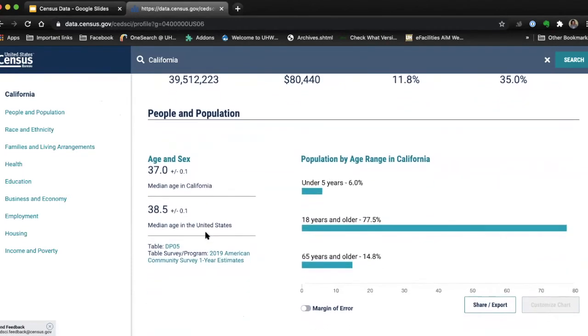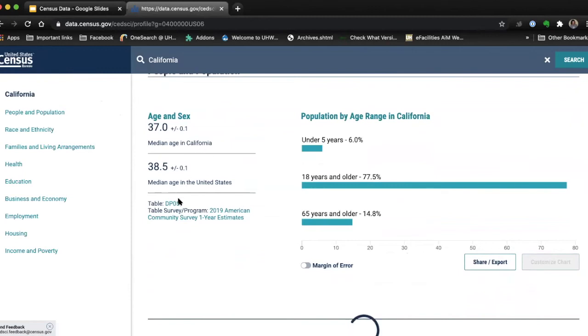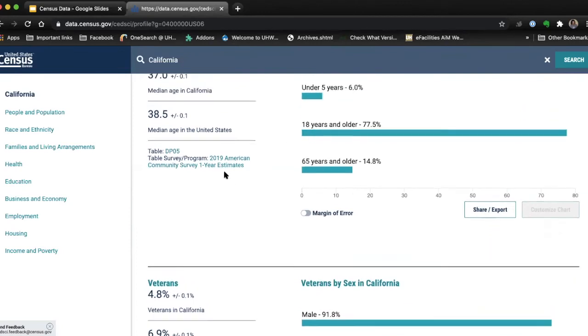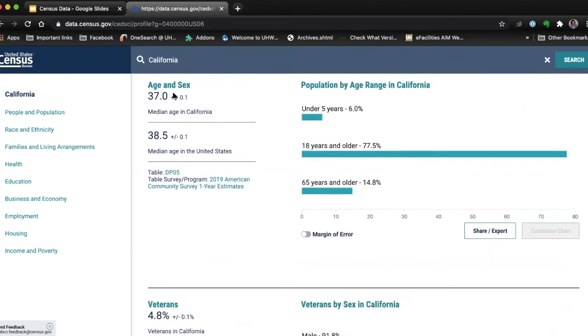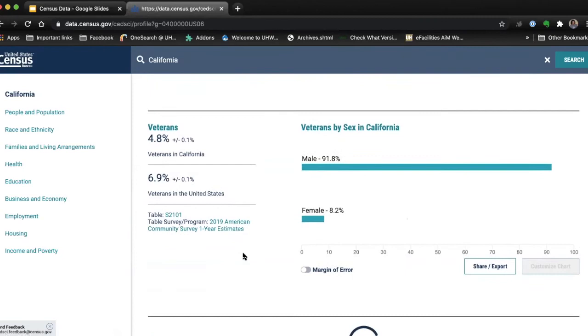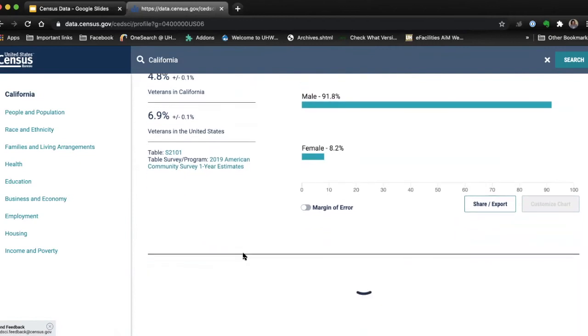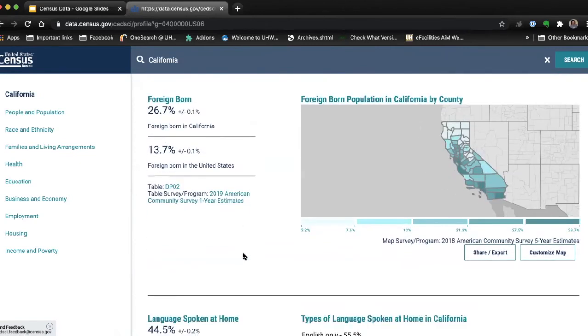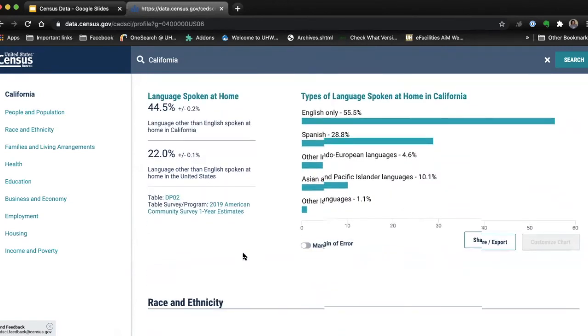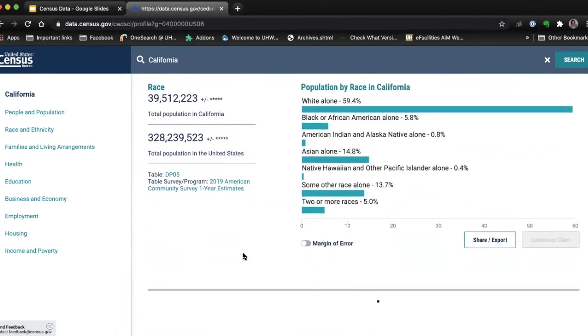And every time that you're looking at a subset of information, they are telling you where they're getting this information from. So this is from the 2019 American Community Survey first year estimates, right? So I can see what the estimated population size and the median age is, and how the median age in California compares with the median age in the United States. So kind of interesting. And again, they're getting this data from all over. It's not just the ACS, it's from Decennial too. So we've got foreign-born population, languages spoken at home, the race and ethnicity,